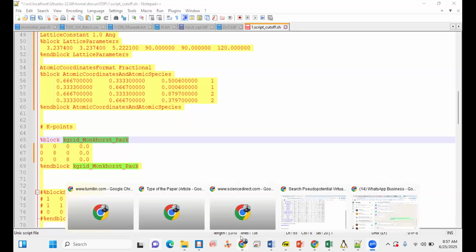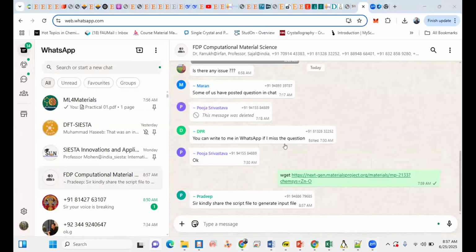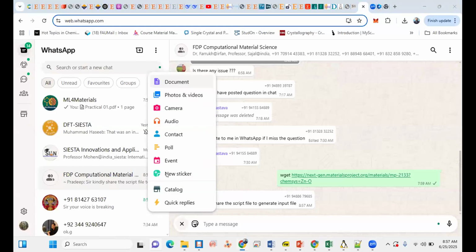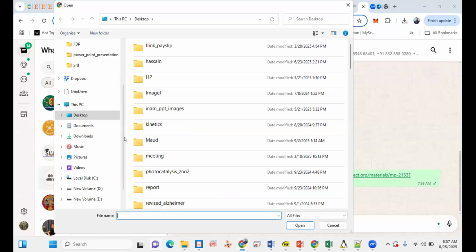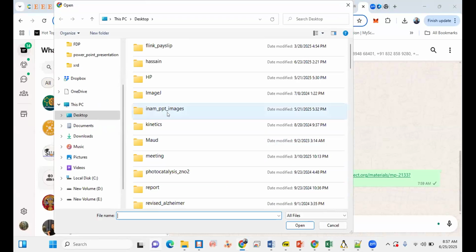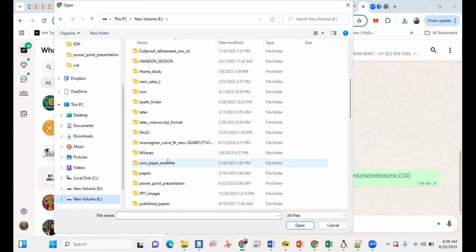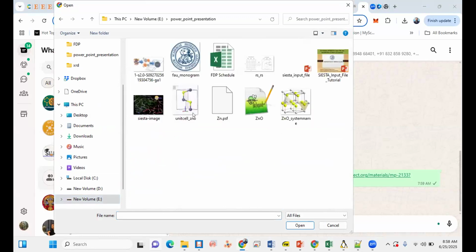Dr. Imran, I think you should share one template to create one FDF file by following the method we have explored. So I should send them the zinc oxide file, yeah? Yeah, they have to download that zip file of their material of interest and just share that one template and try to make one FDF file. So tomorrow we can continue with their FDF file or whatever material will be easy to run.